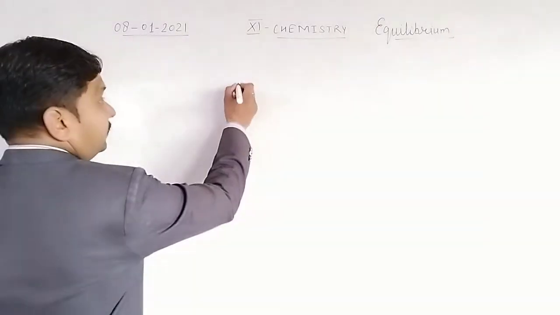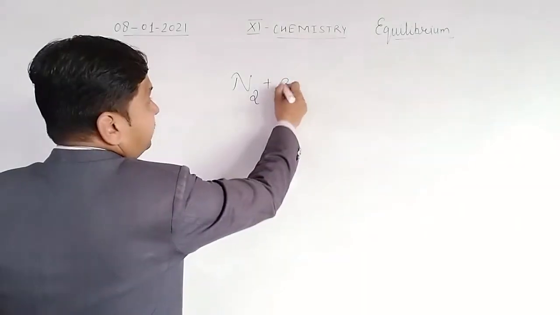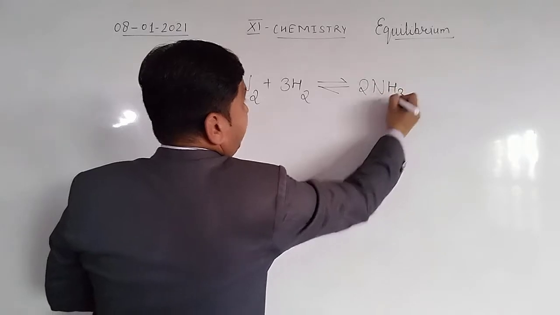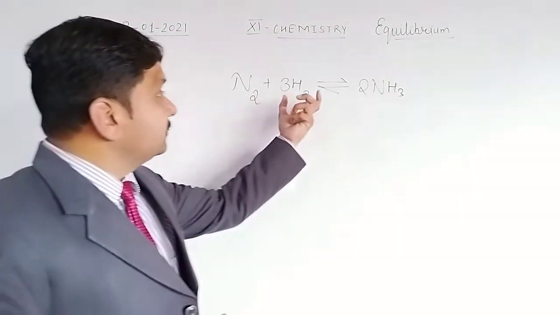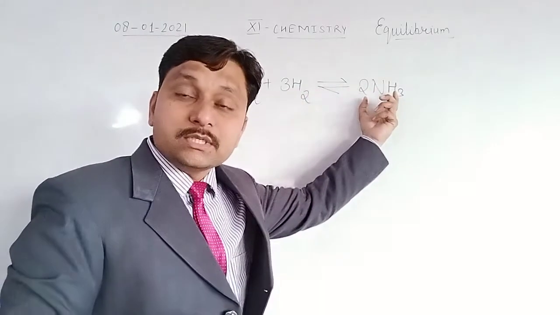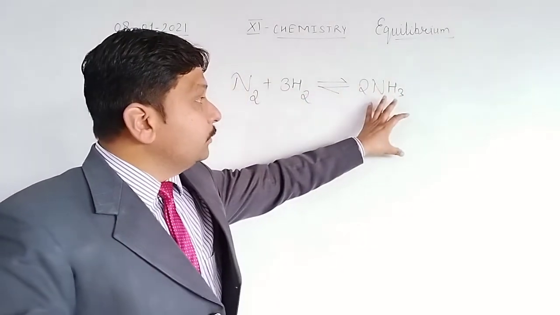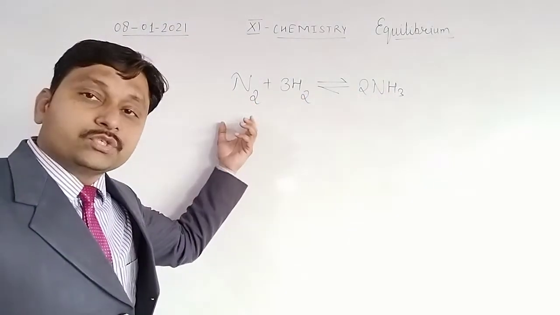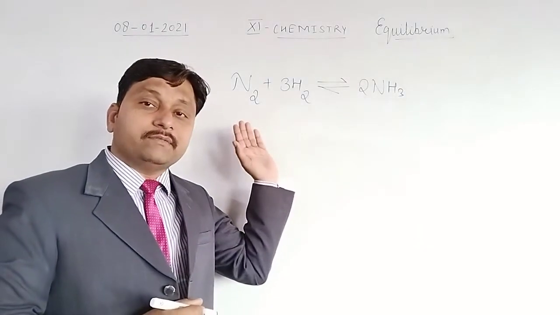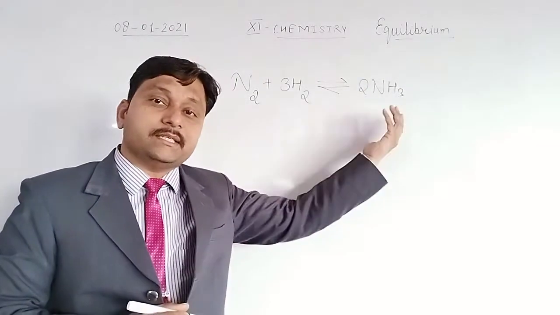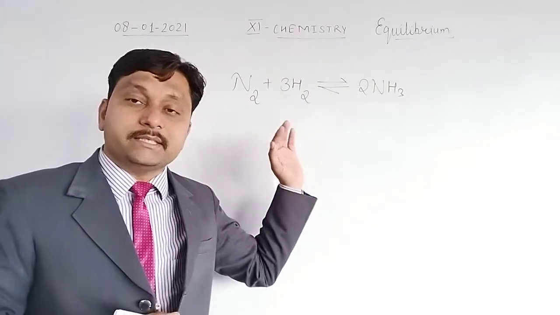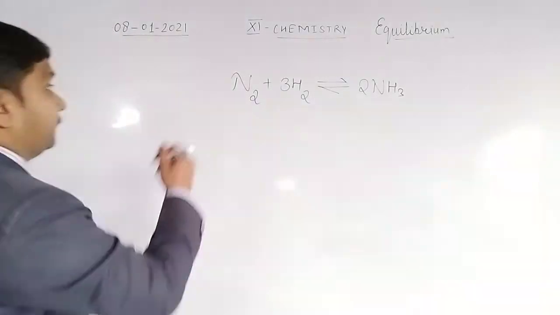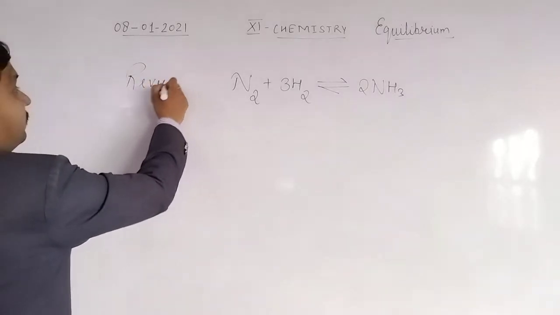See here, this is the nitrogen, that is N2 plus 3H2 reversible 2NH3, means nitrogen when combined with the 3 moles of the hydrogen, it will convert into 2 moles ammonia. And these 2 moles of ammonia further decompose and convert into 3 moles of the hydrogen and 1 mole of nitrogen. It means in this reaction, reactants have the tendency to convert into the products and the products have the tendency to convert further into the reactant side. So this type of reactions are known as reversible reactions. Clear? That are reversible reactions.